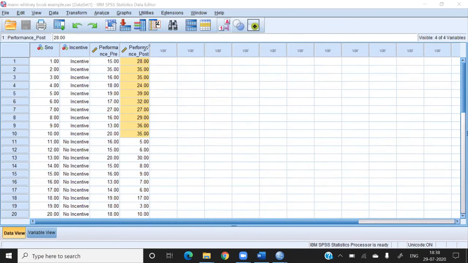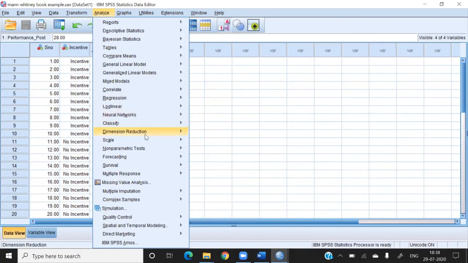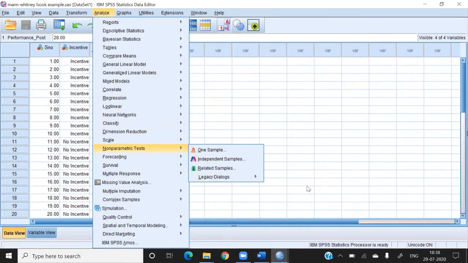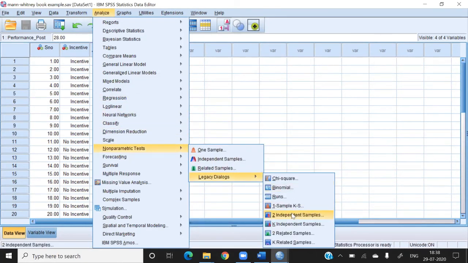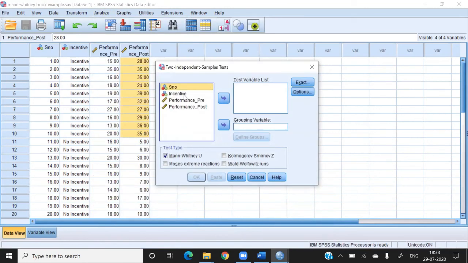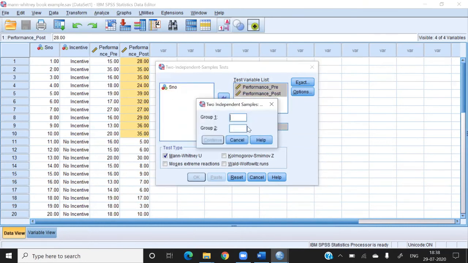Now I want to apply the non-parametric test, legacy dialogs, and we are going to apply the two independent samples. Click it, and we are going to check the performance before the incentive and after the incentive, and the grouping is divided into two parts: incentive and no incentive.